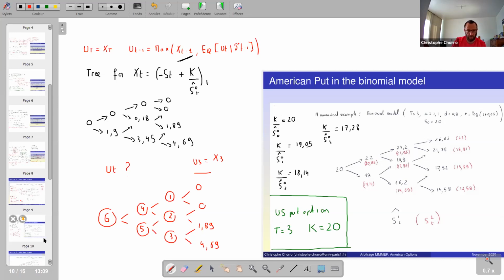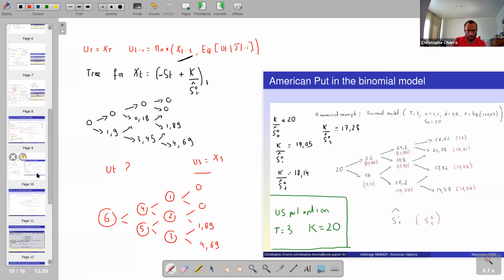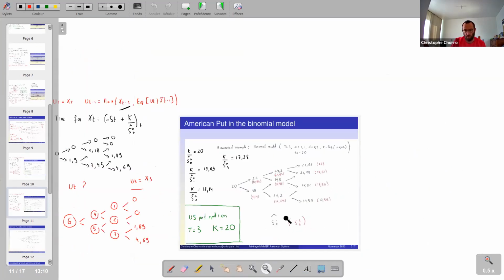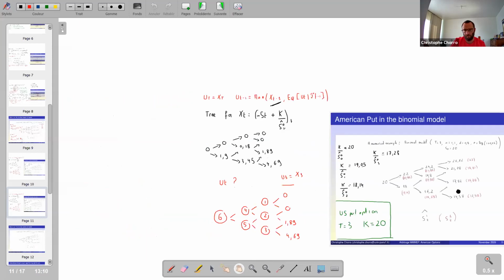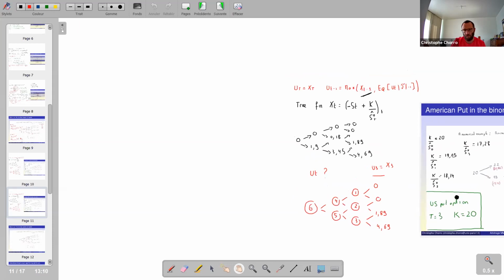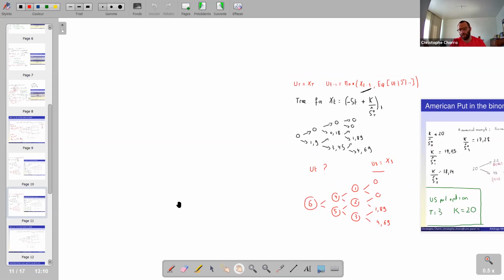Just to be sure where I am, I duplicate this page and reduce it, because for my video I need only these two trees here. So let's do the job, for some of them. I will do it for all of them, but